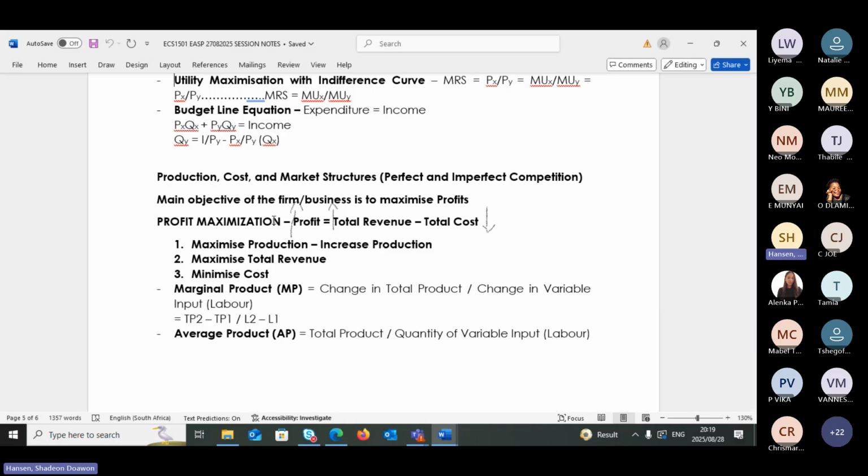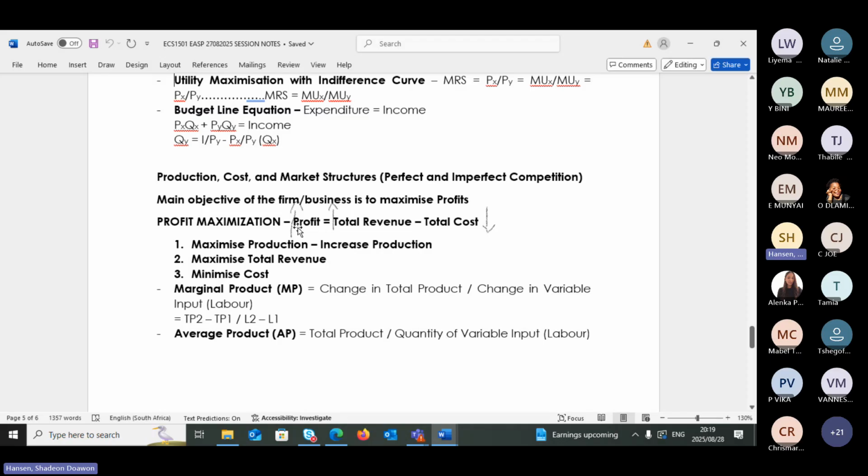Maximizing profit is not a pipe dream for a business. Because in order to maximize profit, you need to maximize production. You need to produce something, okay? And of course, in order to produce something, you need resources. You see, you need your capital, you need your labor. Also, when you maximize production, you will maximize total revenue. Total revenue is also known as sales. All right. Also, what you need to do is you need to minimize costs. You need to keep costs as low as possible. And in doing so, you maximize total revenue, you minimize total cost, and in that way, you will maximize your